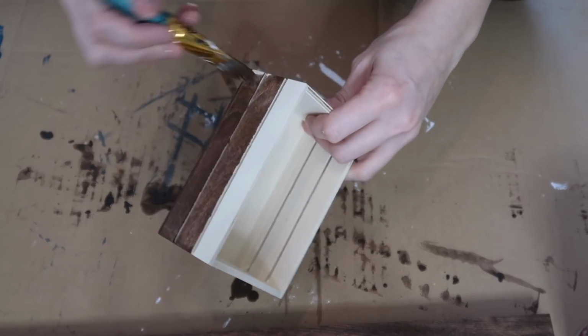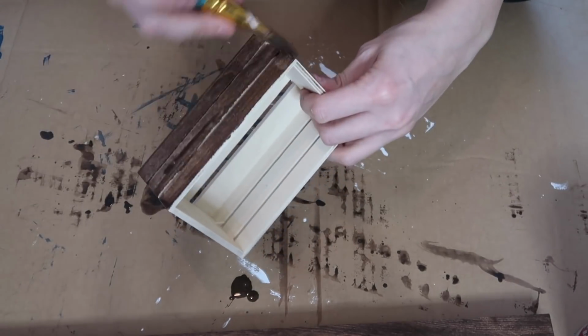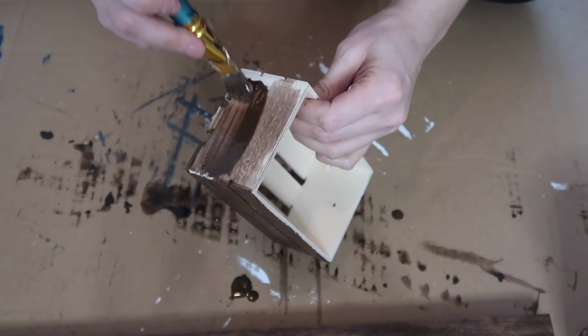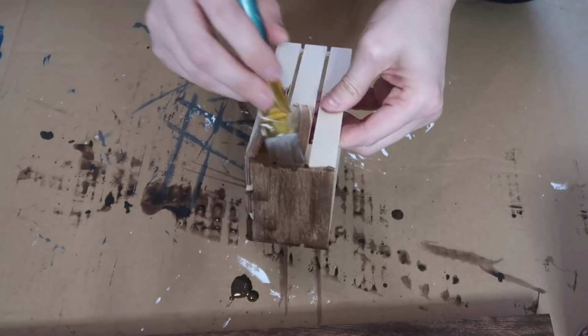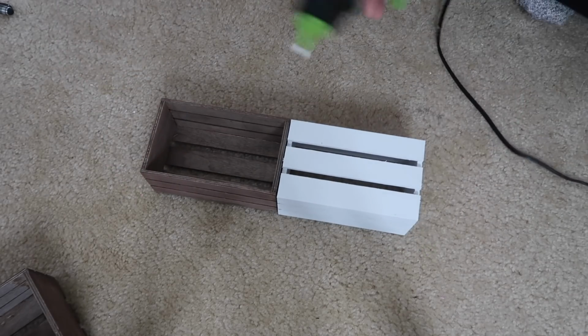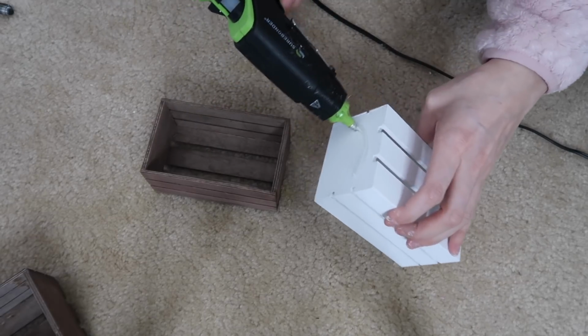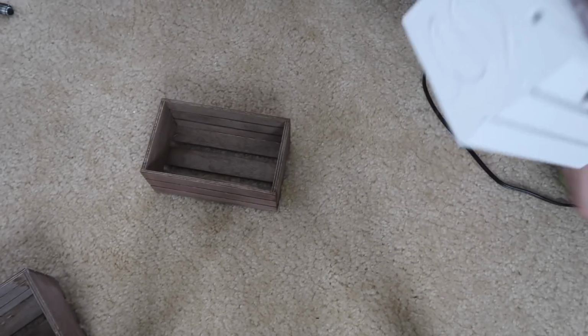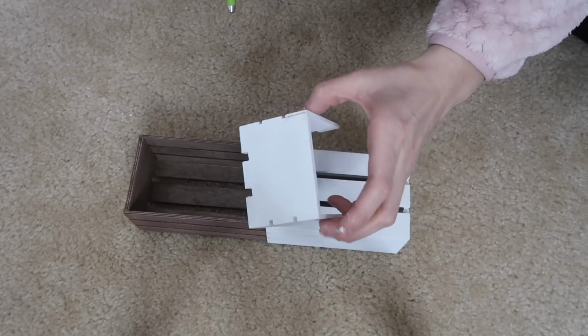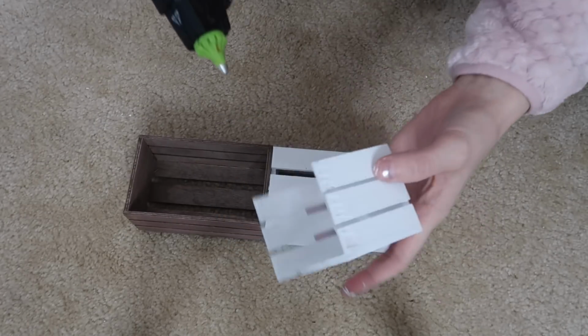So before I do that, I'm just going to take some stain. This is an espresso brown by Arteza, and I'm just adding some water, making a little stain just so I can do everything inside. I don't stain inside. I don't really care for stain. And then with the other crate, I'm just going to paint it white with Waverly chalk paint in white, and then glue them opposite sides,